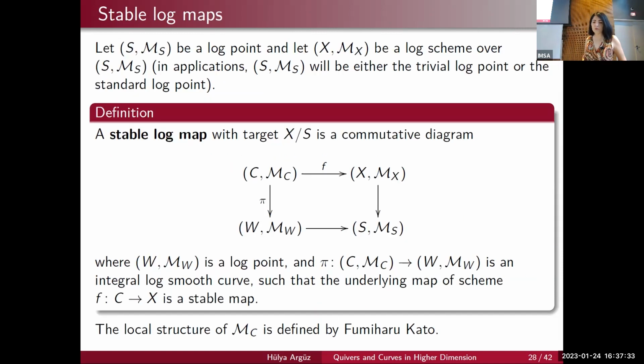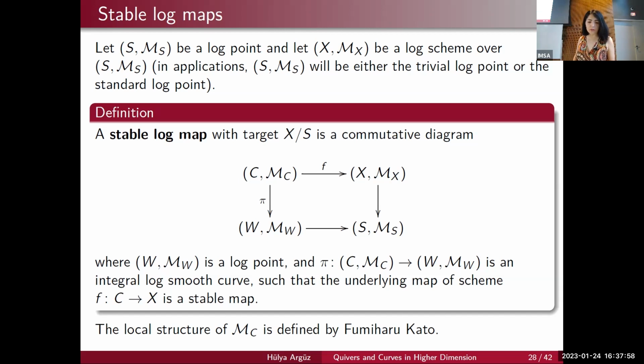It will be the trivial log point if you're interested in counting curves only in a fixed target X. It will be the standard log point if you're looking at degenerations, for instance, if you want to count log curves in the central fiber of a one parameter degeneration, and so on. And the stable log map with target X over S, by definition, is a commutative diagram